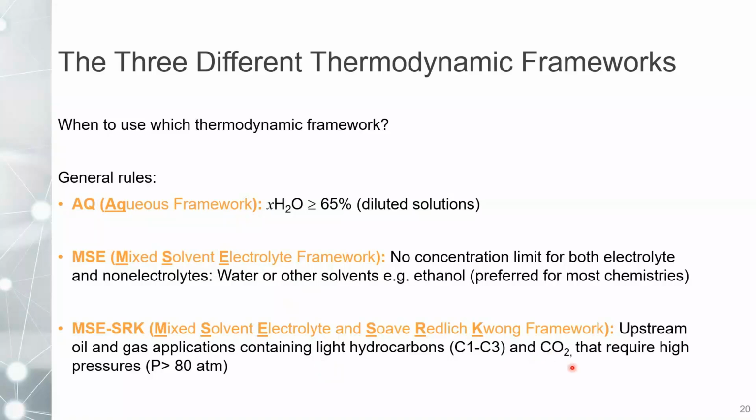And when you require high pressure, anytime that you go above a pressure of 80 or 100 atmospheres, then the MSE-SRK is the thermodynamic framework that is preferred for these applications.